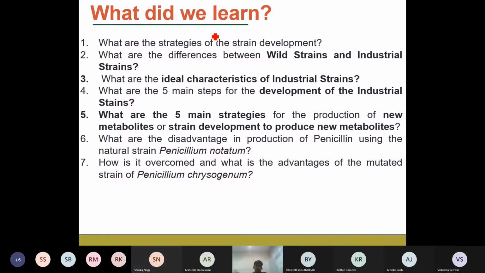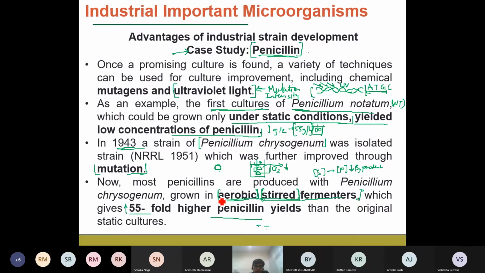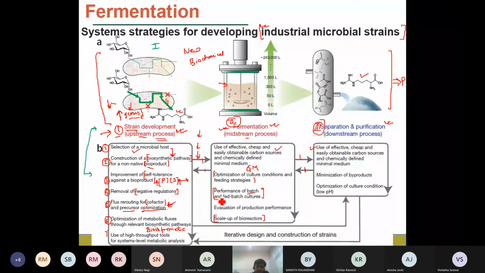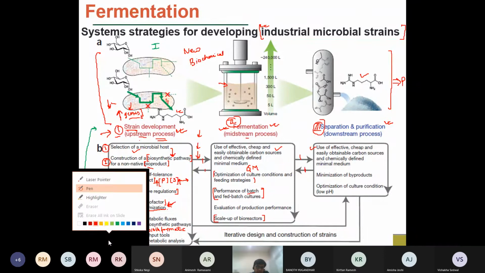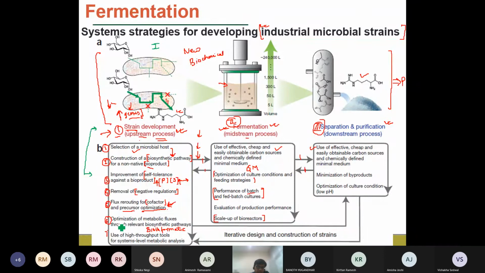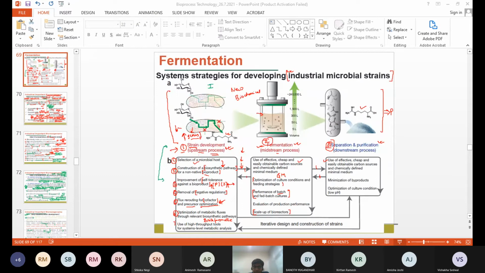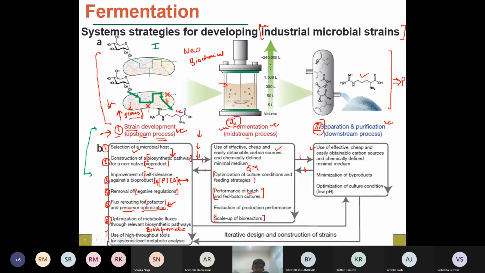Before we start our class, we'll briefly look at what we have studied, and then we will look into some of the question answer discussions, and then we'll start our new topic. So in the last class, we were talking about the different strategies for strain development. We looked into what the different strategies of strain development are,